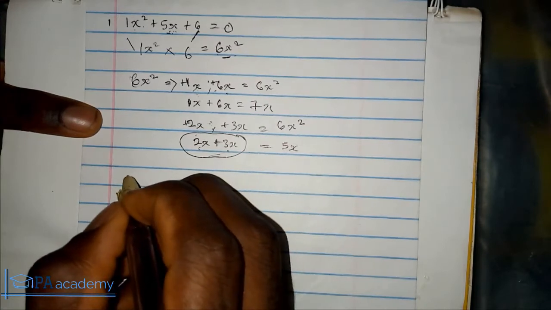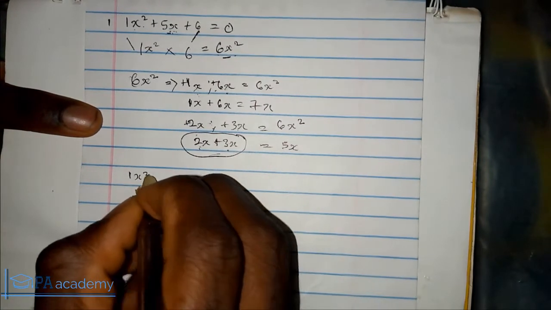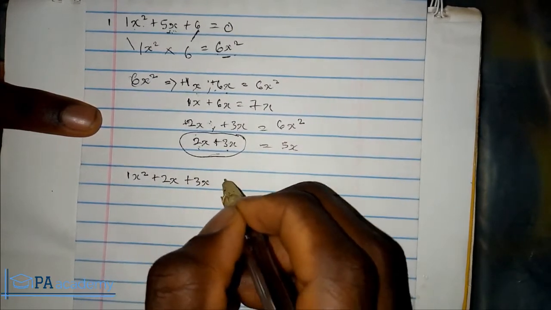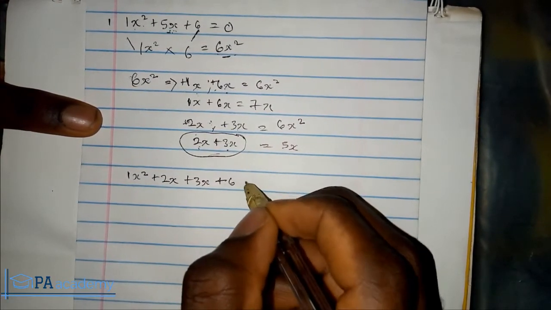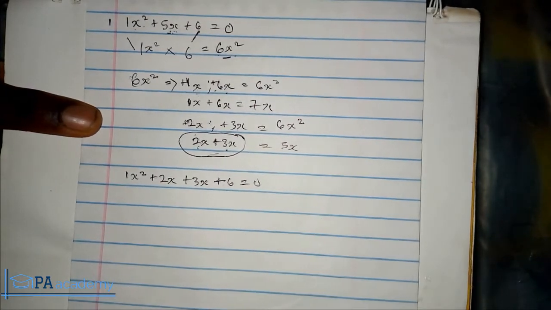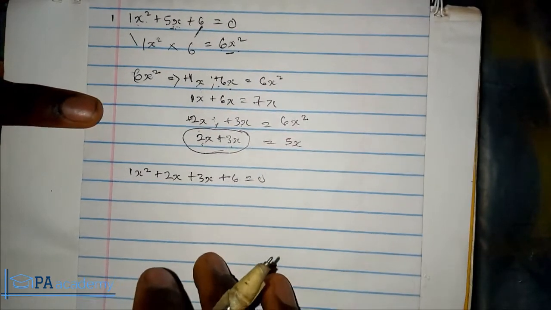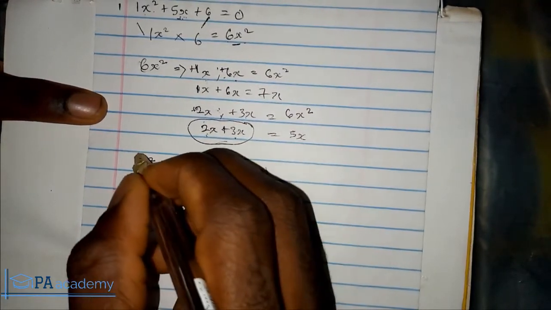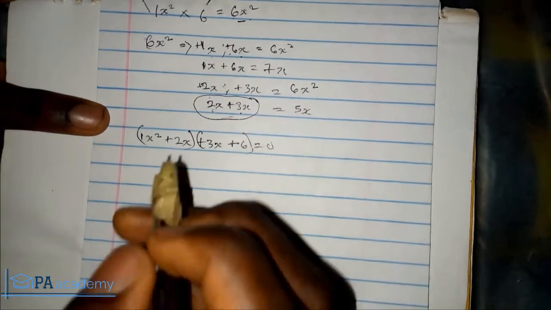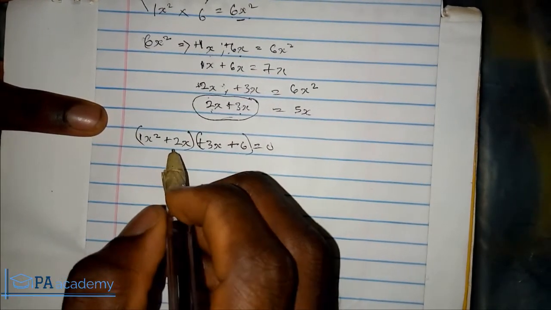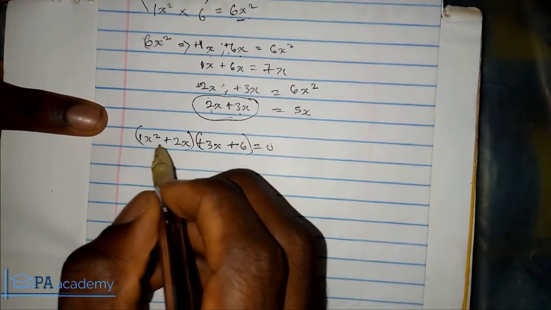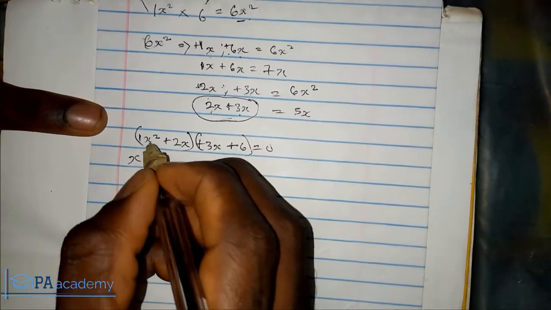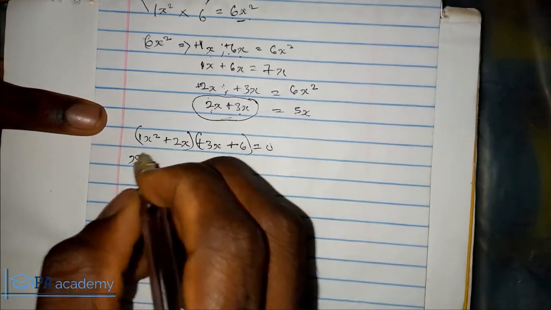So we'll write our equation as 1x squared plus 2x plus 3x plus 6 is equals to 0. Don't forget, this is factorization method. So now we pick it in 2. Put this in brackets and put this in brackets. So now at this stage, you pick the first bracket. You look for the common term that you can bring out from 1x squared and 2x, and that is x. x is common to both of them. So once you bring out the x,